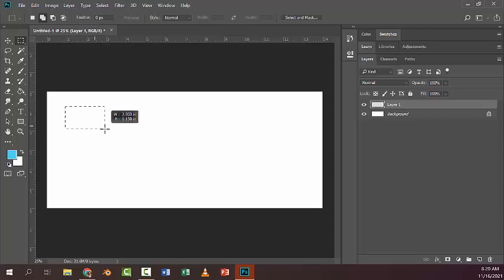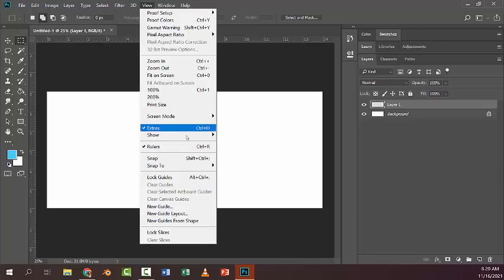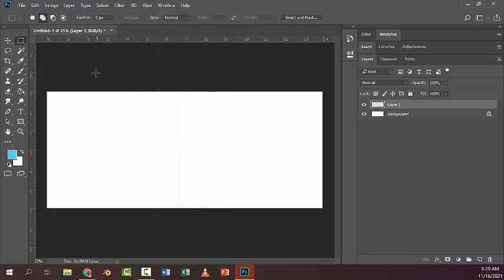So I'm going to choose this. I'm going to try to get this, looking at my ruler. Now you probably don't have your ruler open. So let me just go to view, rulers, turn your rulers on. So Control R, turn your rulers on, and that will allow you to set your rulers so you can see them. So what I want to do is use this space to do sort of three rows of 5,